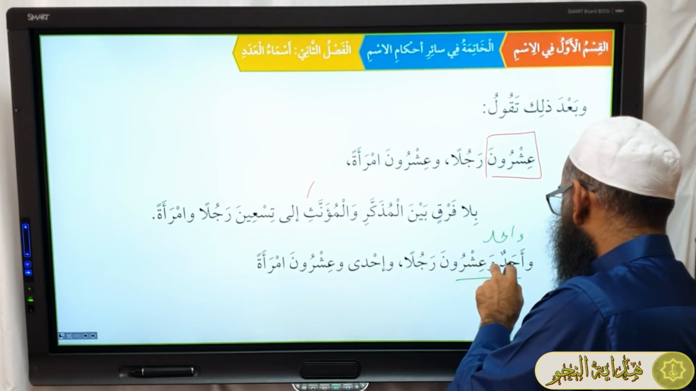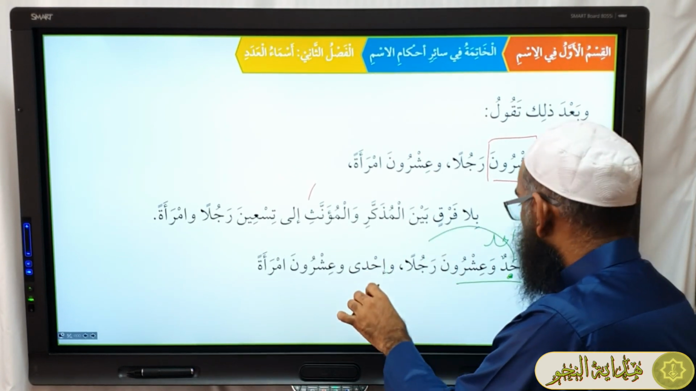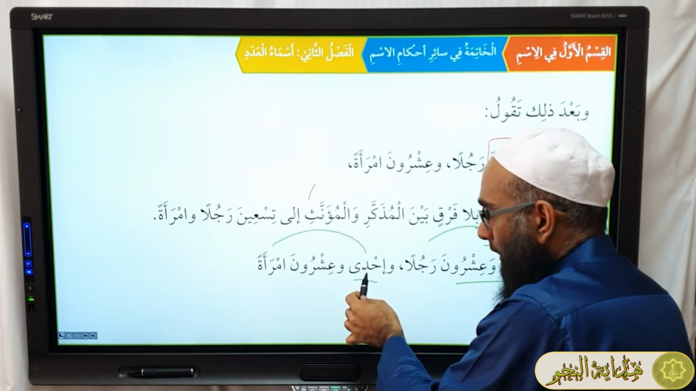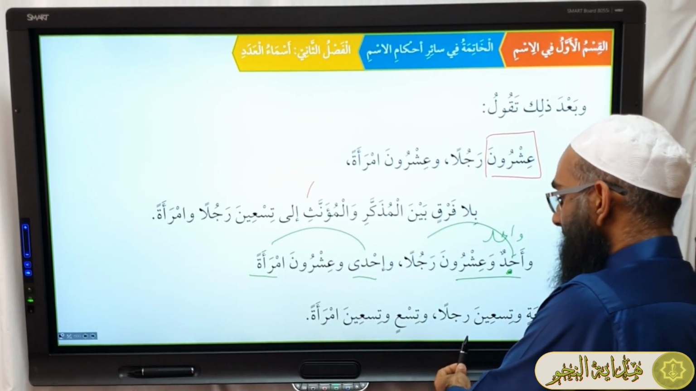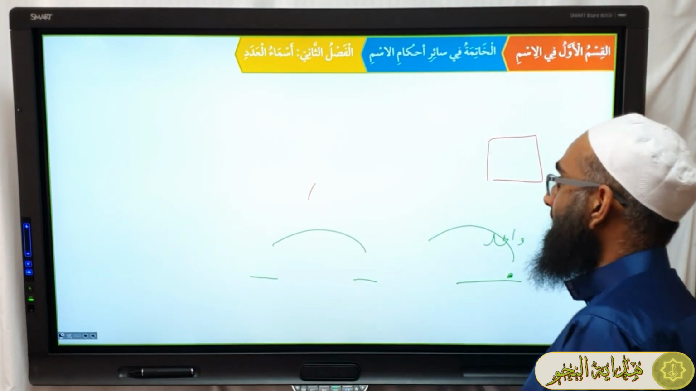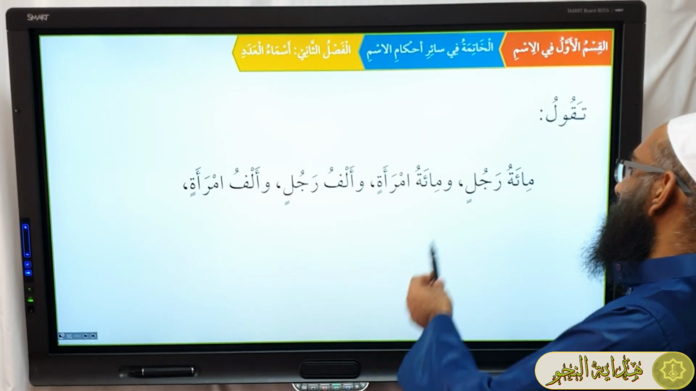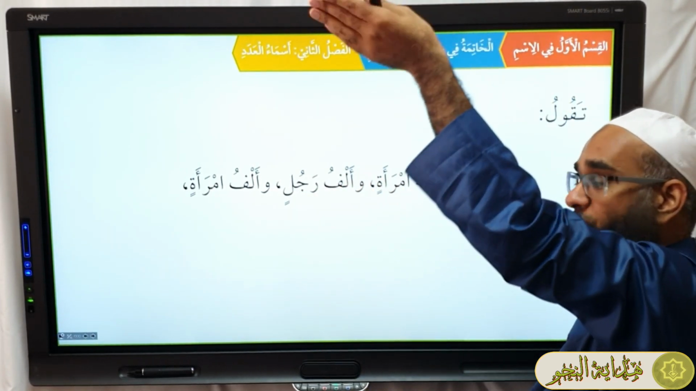This is what? Infant numbers. So ahadun matches with rajul, and ihda, number 1 and 2, matches with the female. إلى تسعة وتسعين رجلا until 99, وتسعين وتسعين امرأة. Now when you get to really old age, like the tens, now the hundreds and thousands,